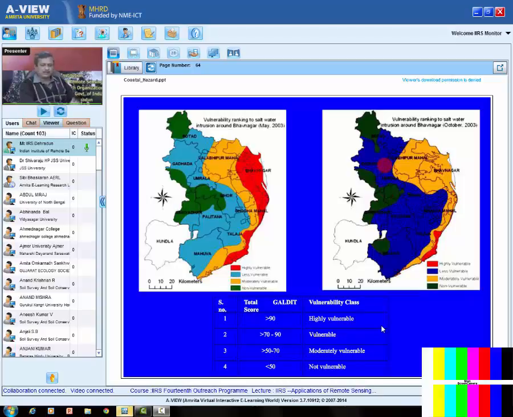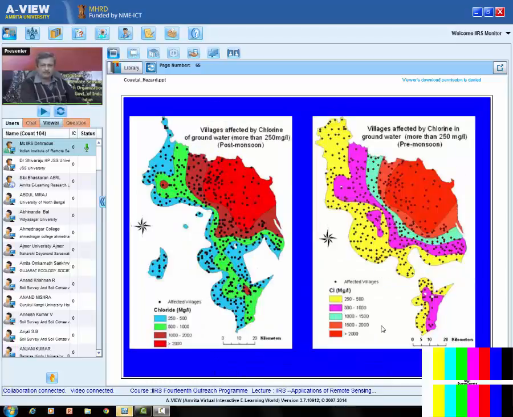So this type of study needs data in various seasons, pre-monsoon and post-monsoon, and different time domains. Then only will you be able to get the idea of how the scenario is changing with time. In continuation with this, you can put it in GIS. You can see the chloride contour, less than 3 mg per liter, and this